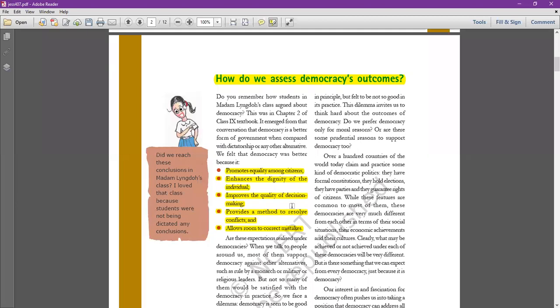Like, you know, in our India we have legislature, we have executive, we have judiciary. And in legislature we have bicameral legislature. It means that we have two houses in our legislature. Central legislature में दो houses है ना, राज्य सभा and लोक सभा. So अलग से judiciary organ है, अलग से executive organ है. So there are like lots of institutions involved in the decision making. So if any particular institution takes wrong decision, another institution is there to balance that or to correct that. So therefore decision making में improvement होती है ना.